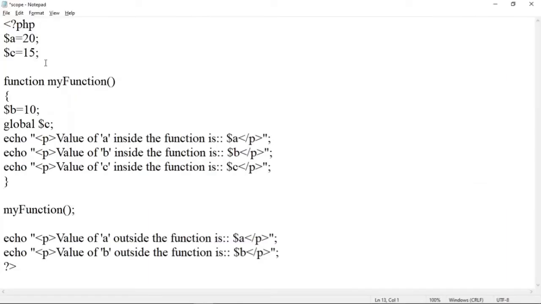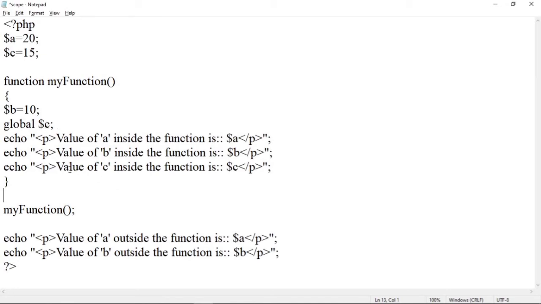Now after that, see here, a and c are declared outside of the function, but if we want one of these variables to be accessed within this function also, we have to precede it with a global keyword. So here I have accessed value of c with a global keyword. So global $c, using which you can access the value from c.